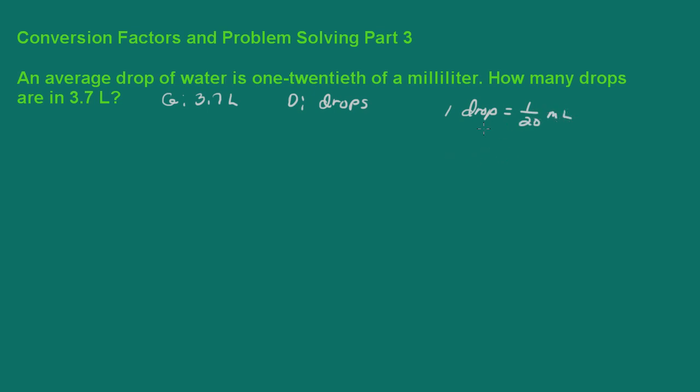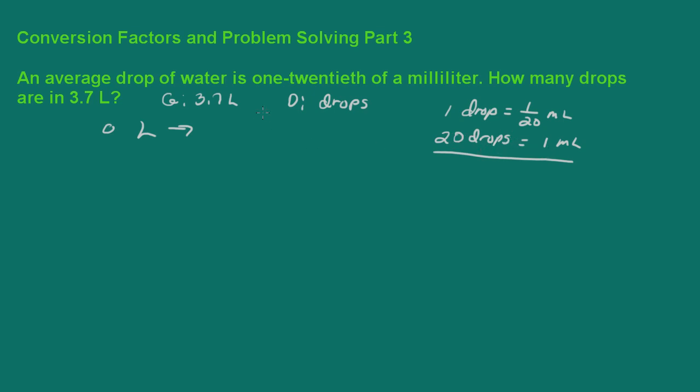Let me go ahead and simplify this a little bit. I'm going to multiply both sides by 20, and that way I can cancel out that fraction. We can say that 20 drops is equal to 1 milliliter. This gives me an equivalence. I'm going from liters to drops. For my equivalence here, I know that 20 drops is